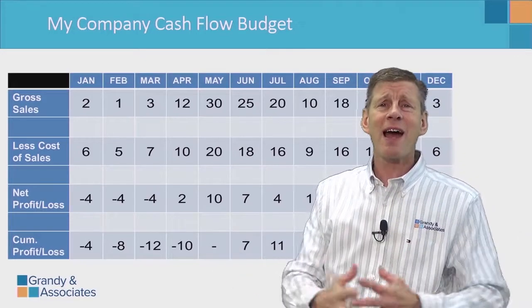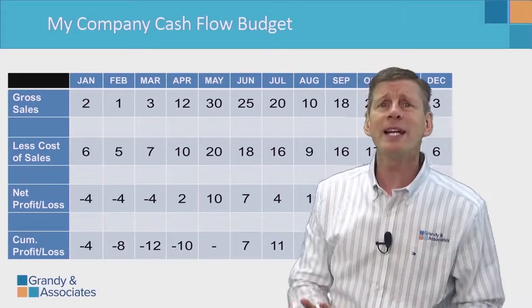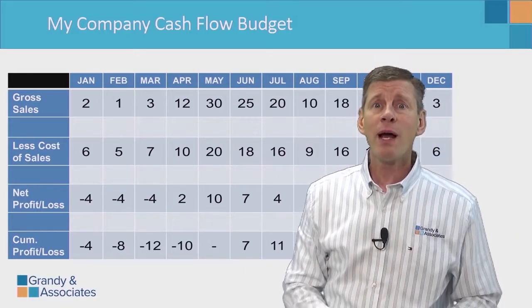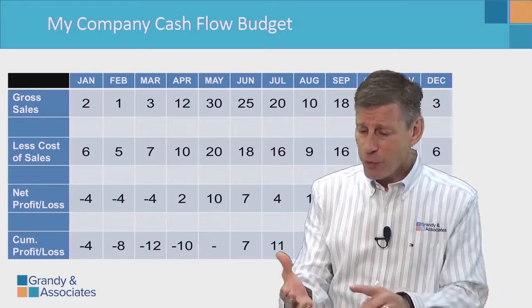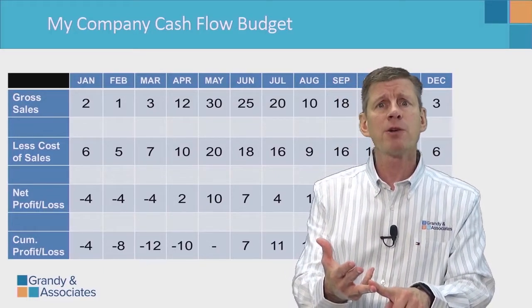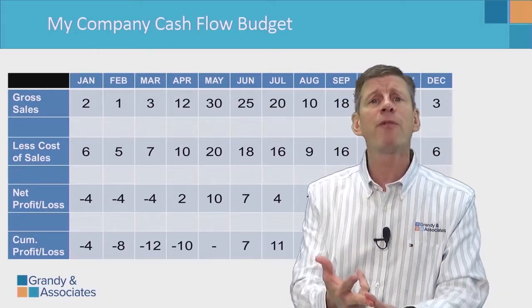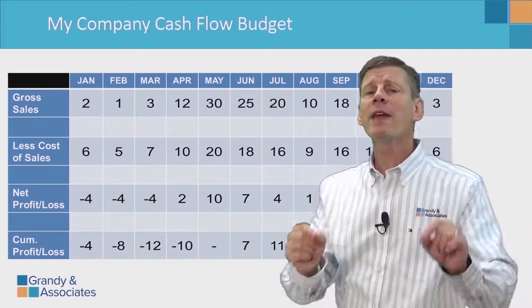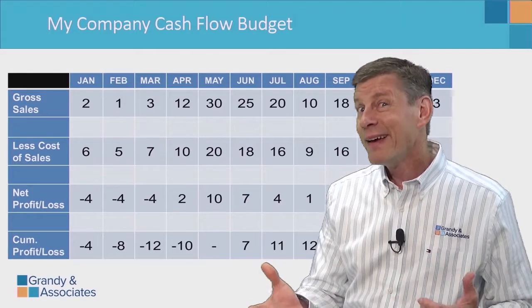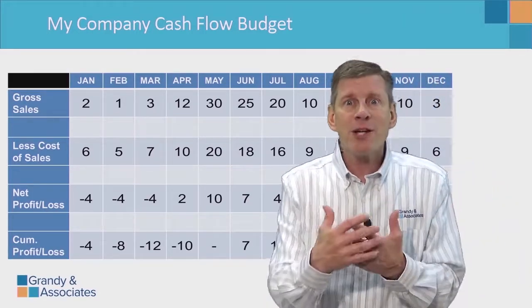And if you don't know what you're going to have for sales next year, don't worry. Nobody does. But you do know what you did for sales last year. Right? And we think about it. If we lost money in January, February, March last year, and we lost money in January, February, March the year before that, and we lost money in January, February, March the year before that, what are the odds we're going to lose money in January, February, March of this year coming up? It's pretty good. Right? So use that as your guide.